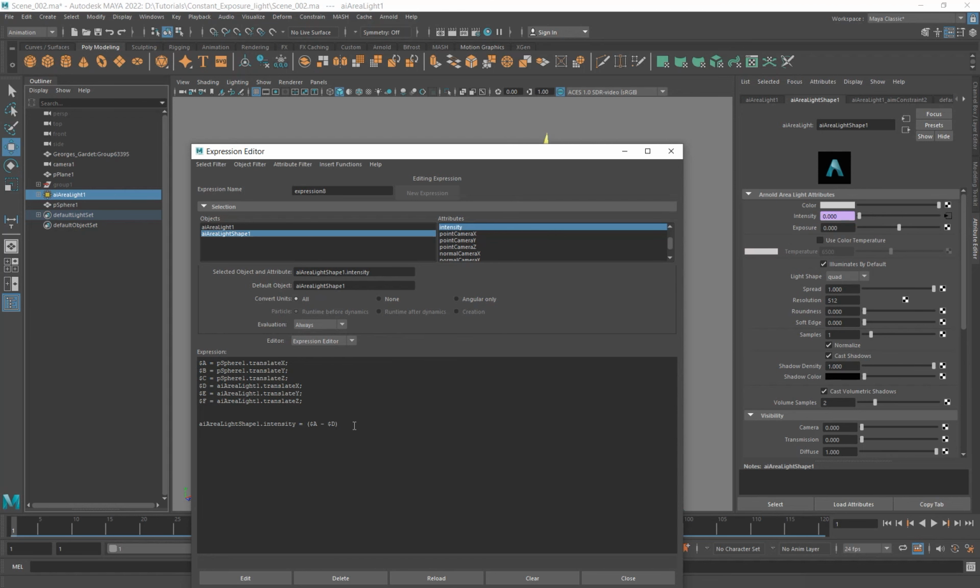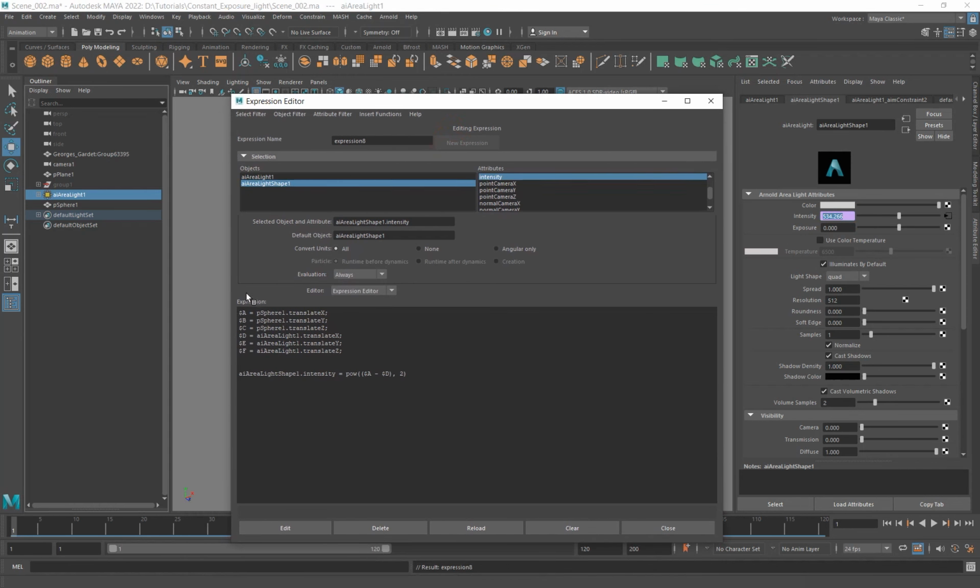But now we don't need this value. We have to do the power function here. We have to square this according to the equations. So I'm adding a power function here, comma 2. Now if we edit this, we get some values here. So this is just the translate x in the equation, x2 minus x1 all square. This is just x2 minus x1 all square, and the equation has the square root of x2 minus x1, etc., right? And if you remember our old equation,